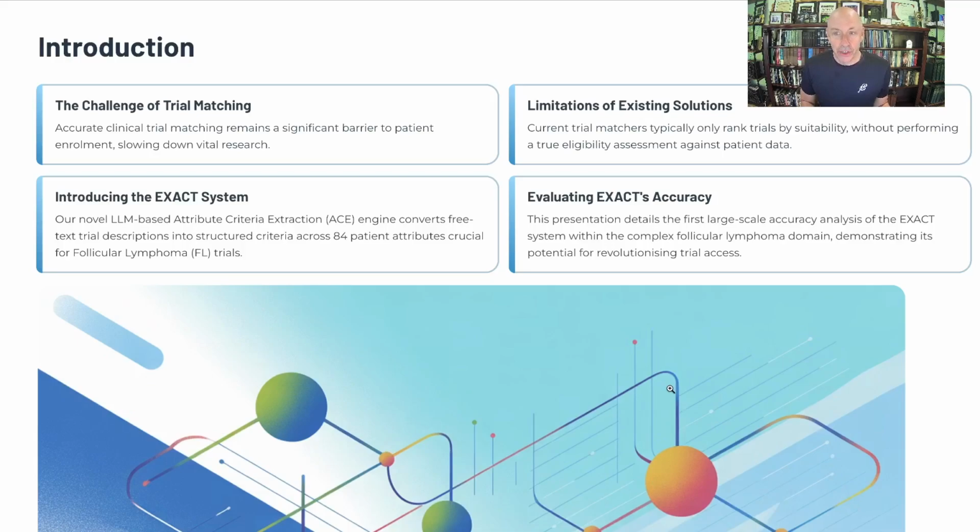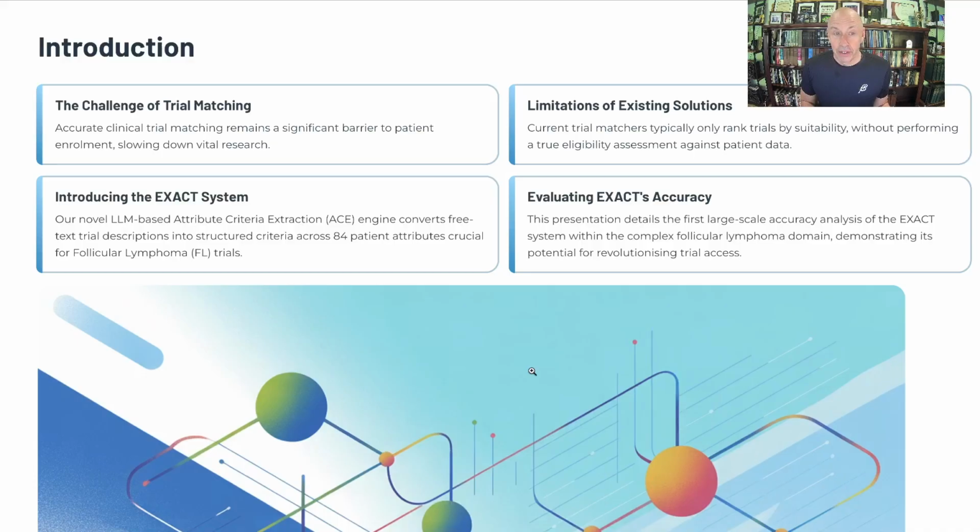Existing trial matchers just rank the trials based on suitability for the patient. They're not actually analyzing whether patients truly are in fact eligible. It's more ranking, and then if the doctor gold standard is within the top N, typically 5 trials, then it's considered a good match. That's not a good way to do true eligibility matching, and Exact tries to do this a different way by extracting all of the patient attributes